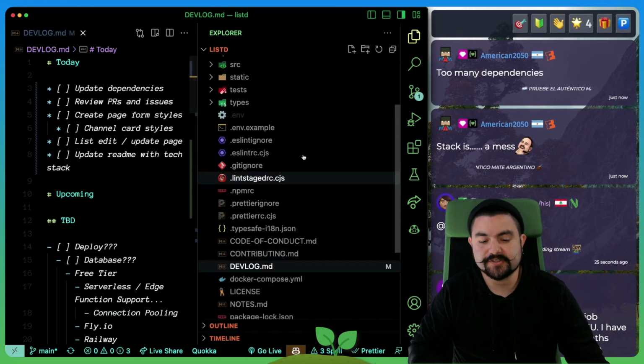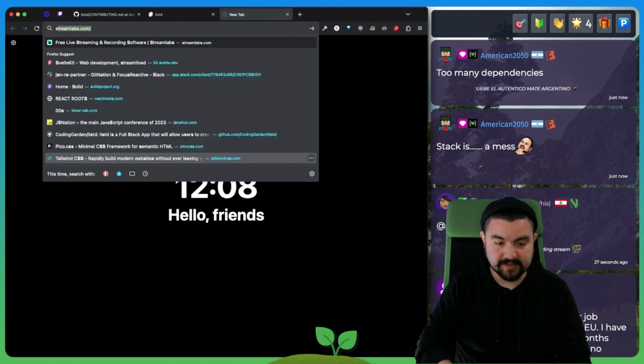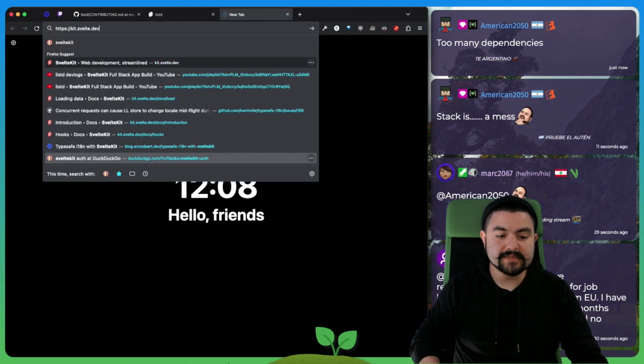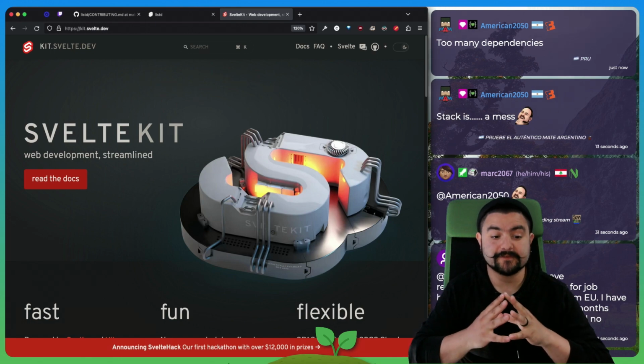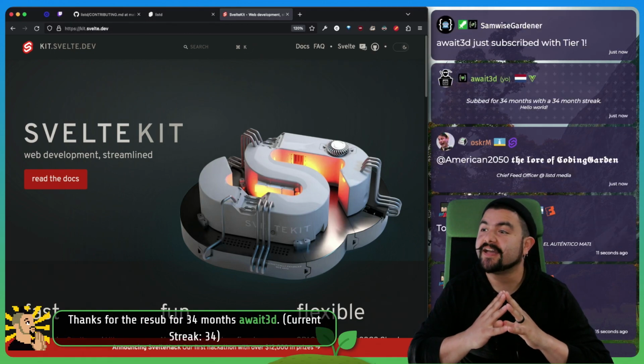There's a lot of dependencies for sure, but the basis is SvelteKit. So SvelteKit is a meta framework for building full stack applications